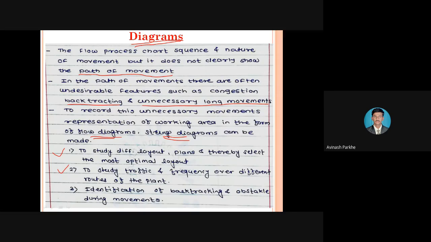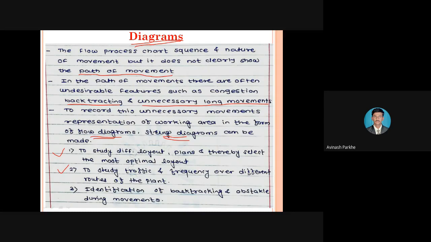But once that material is moving from machine number 1 to machine number 2, in that particular case, if machine number 2 is not working properly, at that time that particular material or product is in holding position only. Only machine 1 is working again and again, and it is producing and forwarding that material for machine number 2. It means there is a maximum traffic for that particular machine number 2.